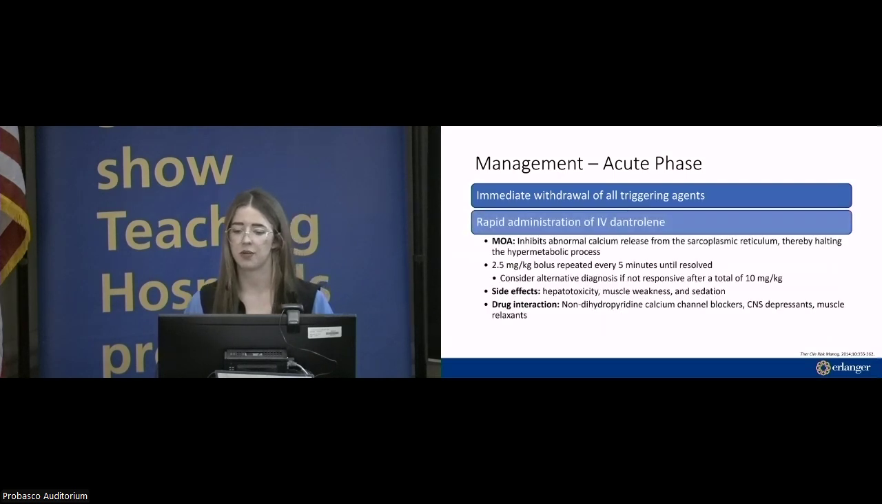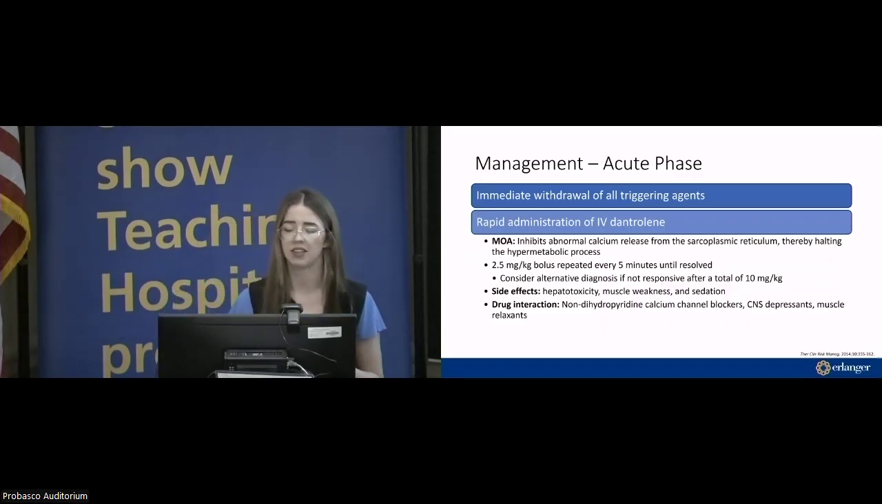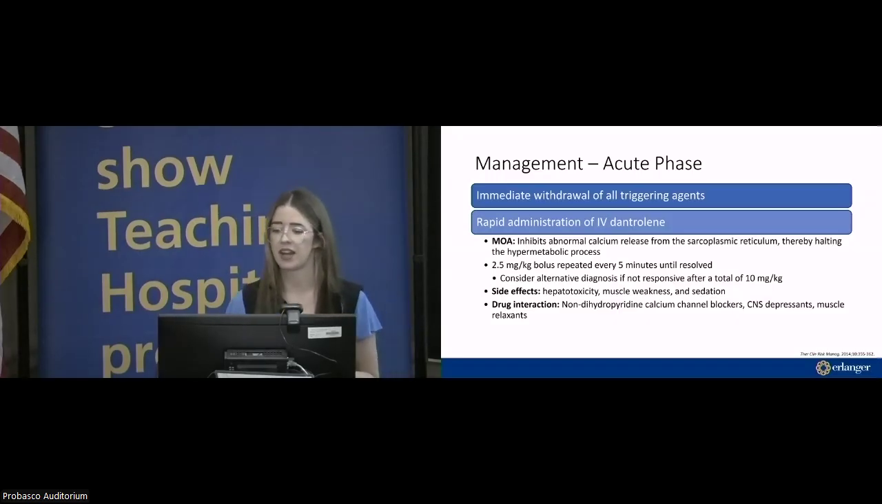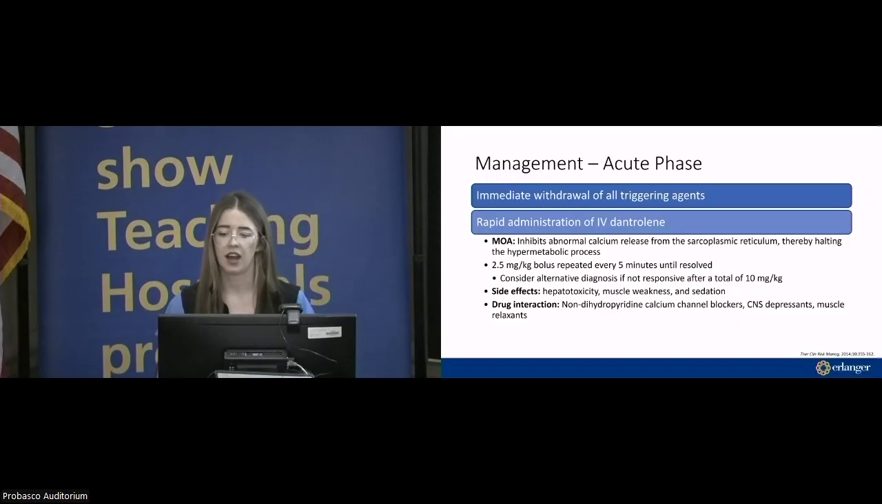The cornerstone of therapy is rapid administration of IV dantrolene. Dantrolene inhibits abnormal calcium release from the sarcoplasmic reticulum, and this halts the hypermetabolic cascade that has all the lasting sequelae. The recommended dose is 2.5 mg per kg IV, and this can be repeated every 5 minutes until your symptoms